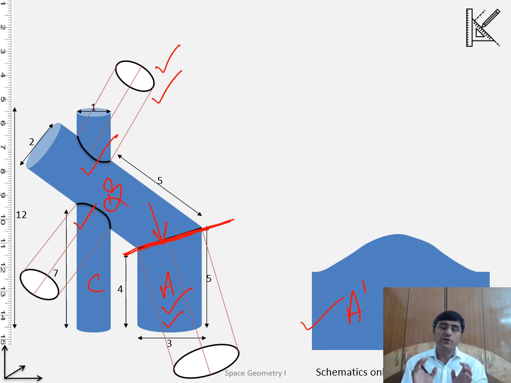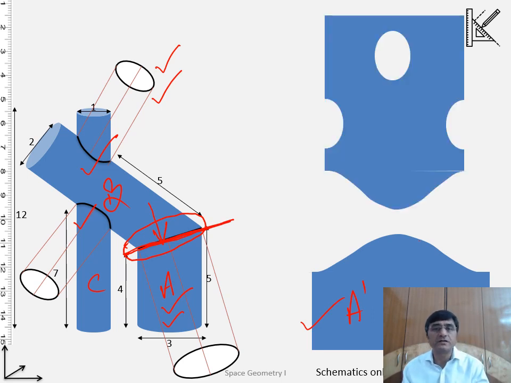Alright, if we understand this, now the cylinder B has one more complexity, which is the part here. It is not a simple cylinder, rather a side of the cylinder is slanted. So what will the piece that we cut from that big rectangle look like, so that after folding it I can create a piece like B? It will appear like this. So you can try it. Again I'm repeating, it may not be the exact representation, because I'm not doing it with the measurements, but more or less this is correct.